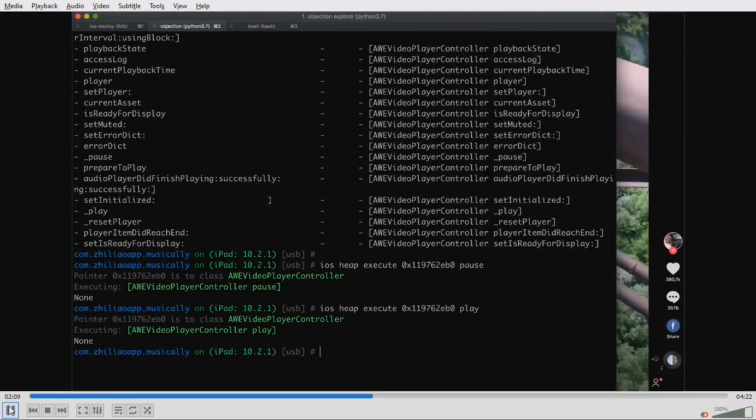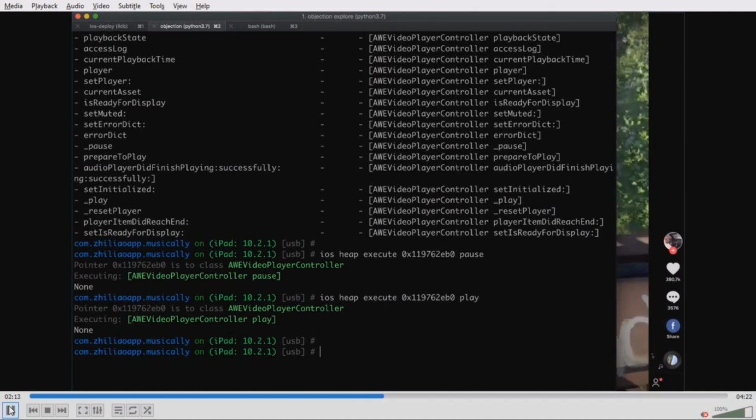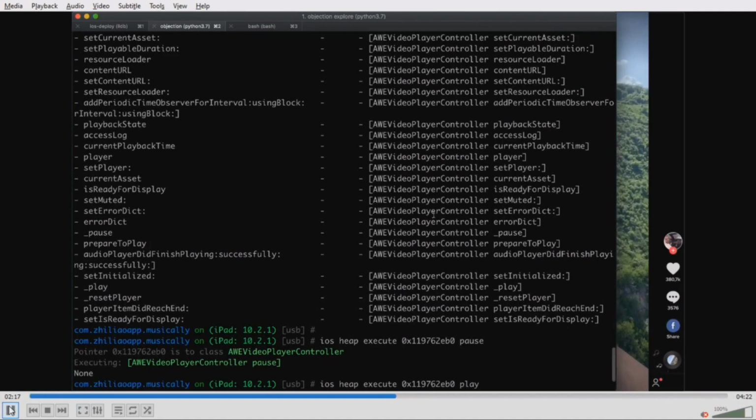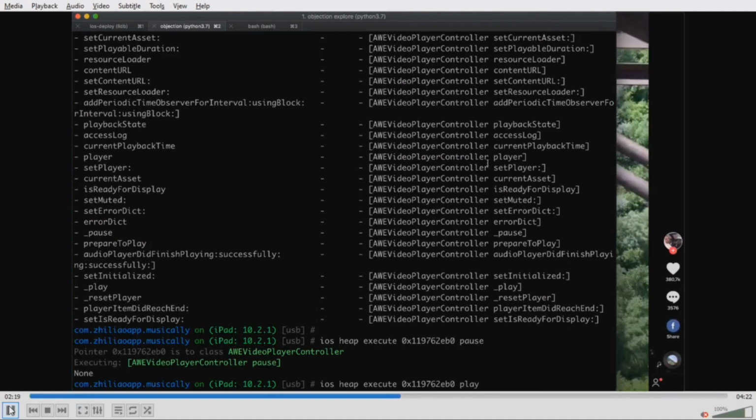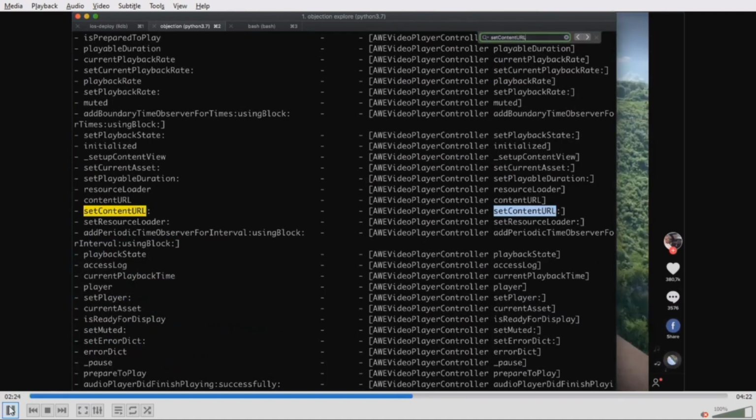Now, in this case, we've had 2 method calls that didn't accept any arguments. They're really simple calls. They don't do a lot that's really interesting. So let's consider other methods that might be a little bit more complicated. One such method that you would find in that list would be setContentURLString, and you would see